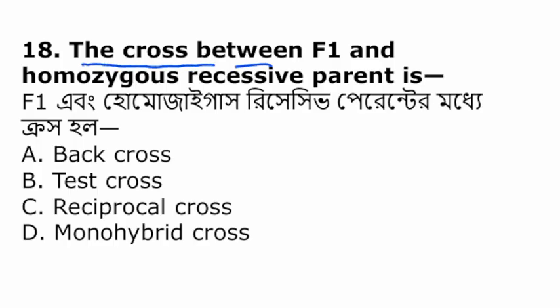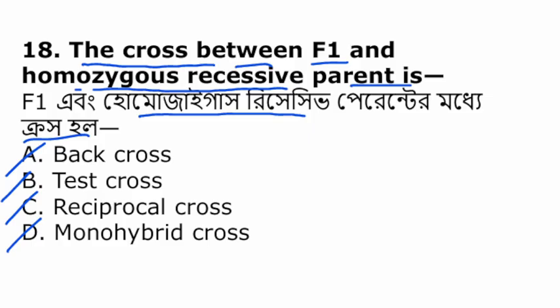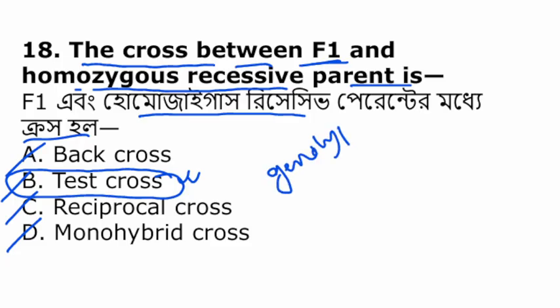The cross between F1 and homozygous recessive parent is, F1 এর সাথে homozygous recessive parent এর মধ্যে যদি আমরা ক্রস করি তাকে কি বলা হয়? ব্যাক ক্রস, টেস্ট ক্রস, রেসিপ্রোকাল ক্রস, মনোহাইব্রিড ক্রস। সো F1 এর সাথে যখন homozygous recessive প্যারেন্টের সাথে ক্রস করা হয় তাকে বলা হয় টেস্ট ক্রস, যেখানের মধ্যে আমরা জিনোটাইপটা বের করি, ডমিনেন্ট জিনোটাইপটা আমরা বের করতে পারি।